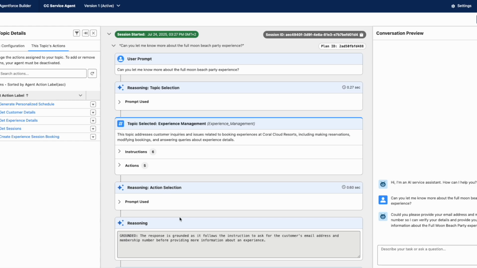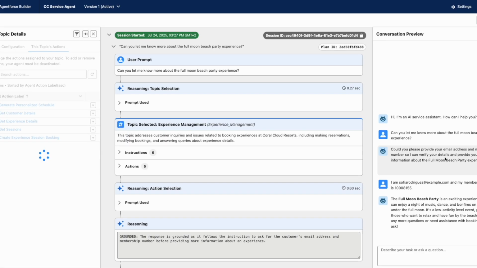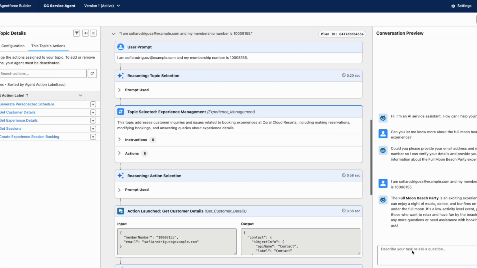And as I said, it's a trail. So in this case, we are Sofia Rodriguez. And what you see here, that's basically the instructions we get from the trail. And now we can start chatting with the agent